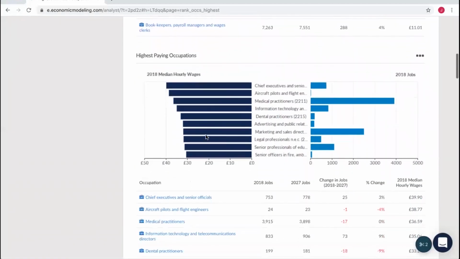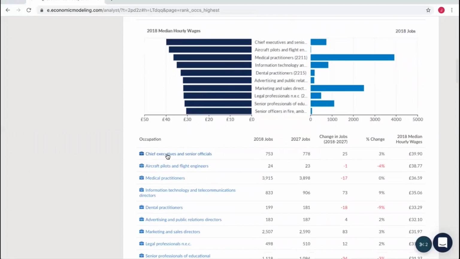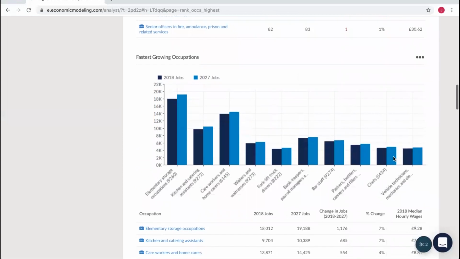Just to skip through that next chart, it looks at the same occupations data, but this time we're ranking it by the median hourly wage. So as you'd expect, things like chief executives, aircraft pilots, medical practitioners, much smaller numbers of jobs there, but clearly they have a much higher hourly wage. Just moving down,